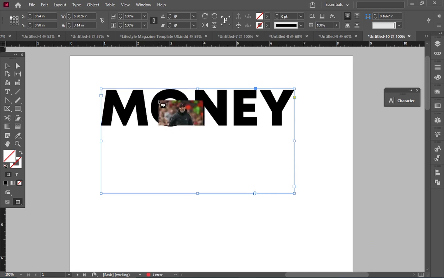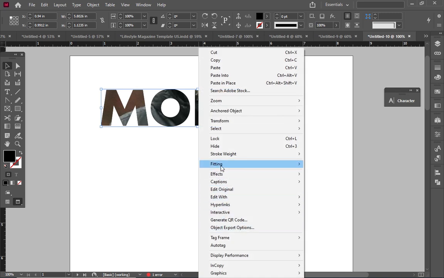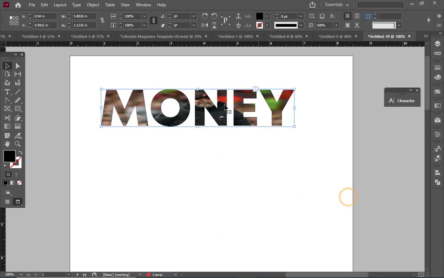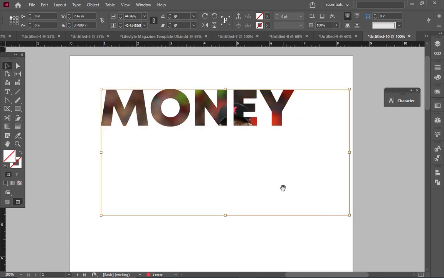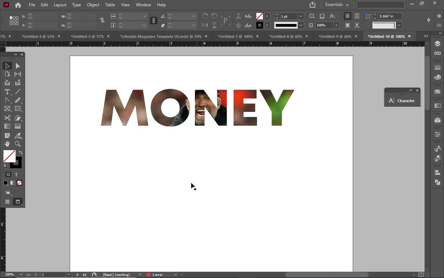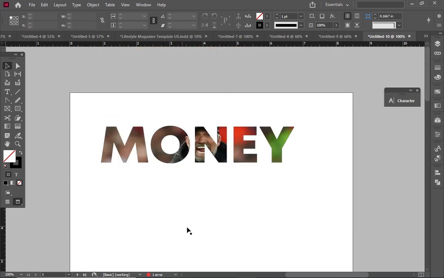Okay, so just click in it and the image will be placed. So right click, fit in, and then fit content to frame. Okay, that's very simple, and you can adjust it any way you want. Now that's it. One thing that I also want us to look at is wrapping text